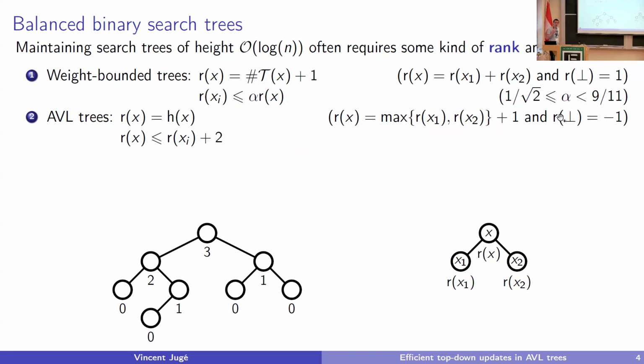And now the condition that we want to enforce to make my tree an AVL tree is just that my height should never be larger than the height of any of my children plus 2. So basically, the difference between the heights of a node and its children should be either 1, in which case we say that the child is a 1 child, or 2, and then we say that the child is a 2 child. So the blah child is just when you have a difference of heights that is blah between the parent and the child. Okay. So for instance, here, I wrote the height of the different nodes I had in my tree.